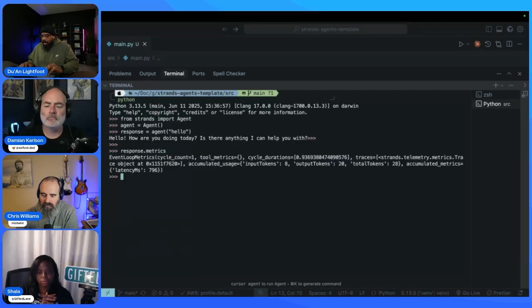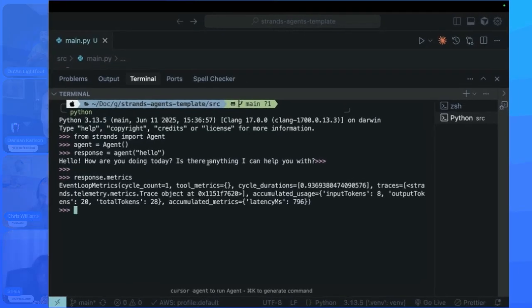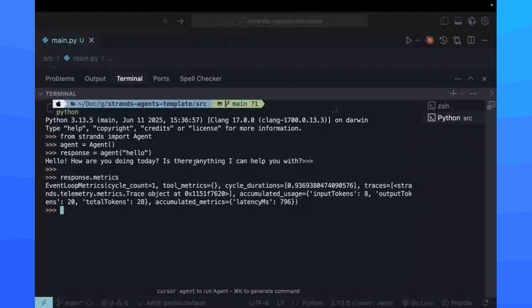And so now, if you all can see this, since the metrics are all within the agent, the event loop, I can actually track: what was the total input tokens? What was the total output tokens? What was the total tokens? And then I could do my own math and evaluate how much did this actually cost? How many turns did it take?